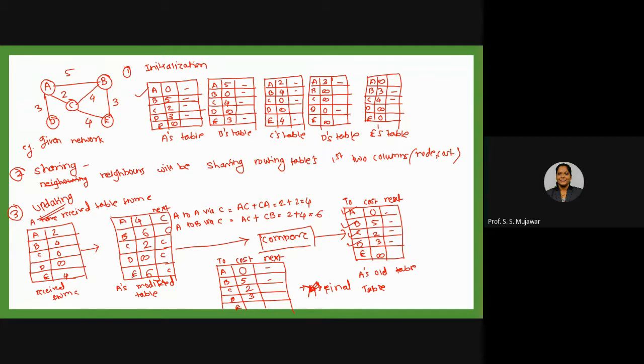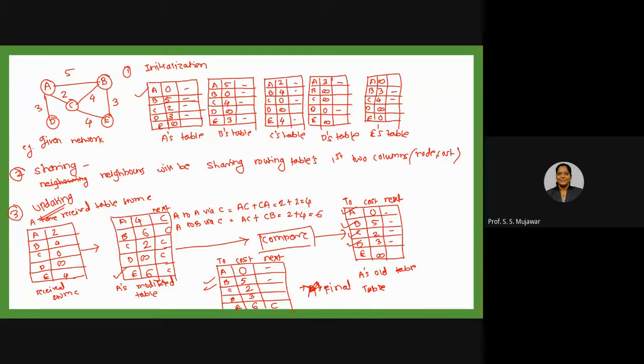Okay. Now to reach E through C, the cost is 6. Sorry, not 3. The cost is 6 through C. But in A's earlier table, the cost is not mentioned. So now I can have this value here. So I will choose from this updated one, right? So through whom? Through C. So this is A's final table. Now the thing is that, okay, this is the final one. Later on I will tell you what problems can occur. Okay, this is A's final table.